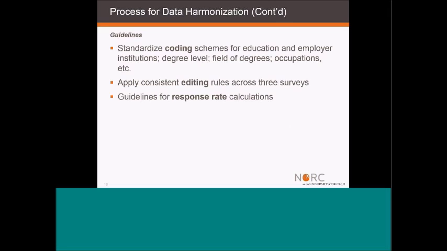But the other thing is also the guidelines. One of the key measures is occupation, and also their education history. And key variables there are what institution they got the degree from, their degree level, and then the field of degree. There are more than 100 different degree fields nowadays, and so many different occupations, and those things keep evolving.